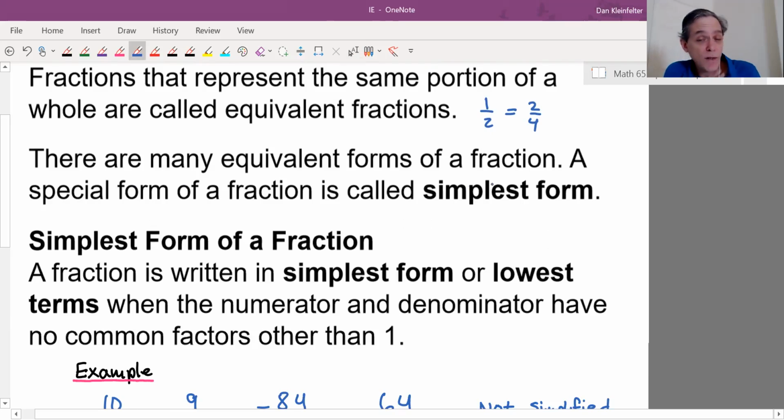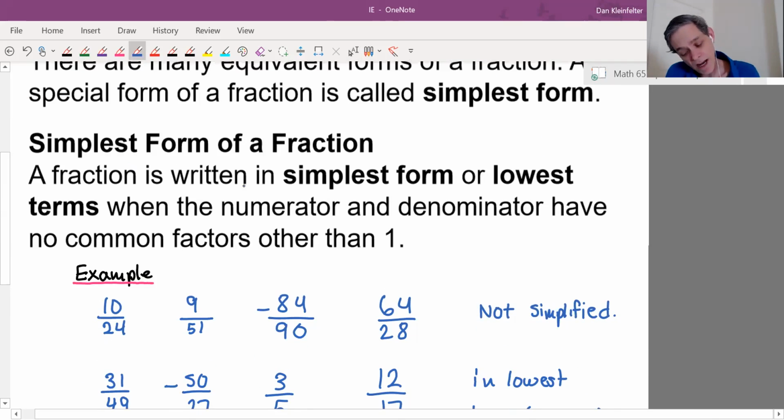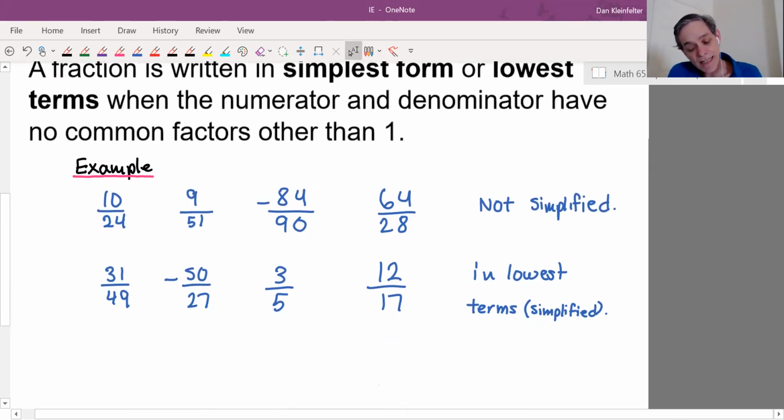There are many equivalent forms of a fraction. A special form is called the simplest form. The simplest form of a fraction is also called being in lowest terms. It's when the numerator and denominator have no common factors other than 1. So as examples,